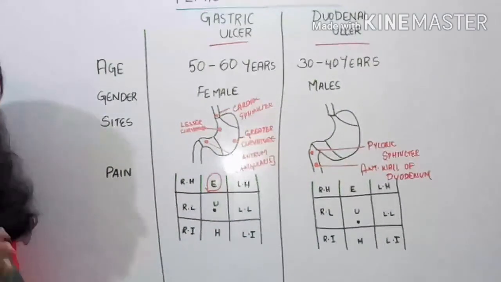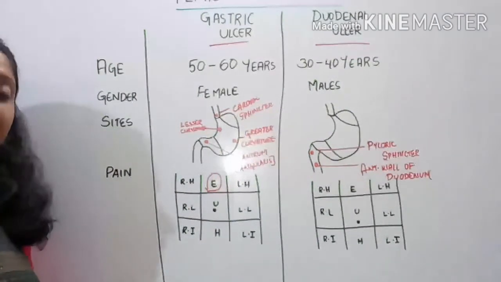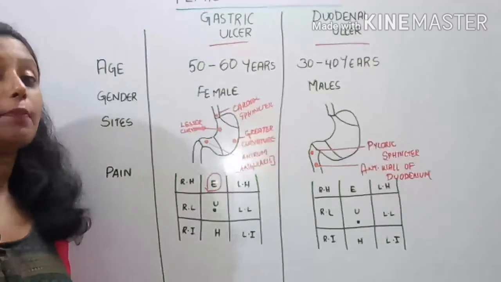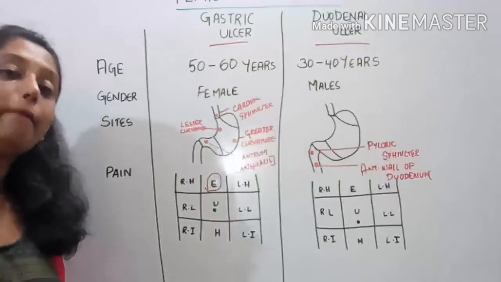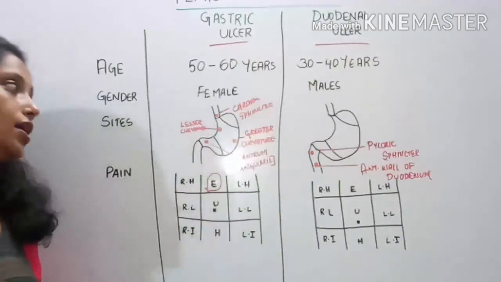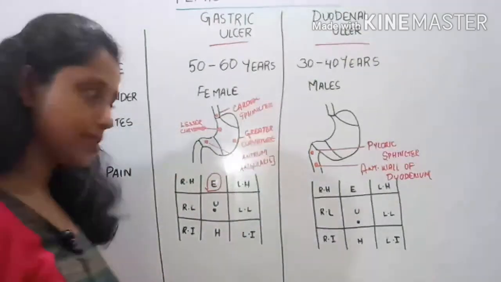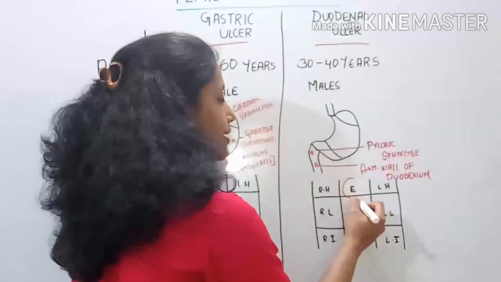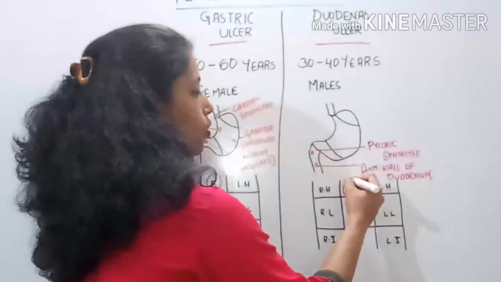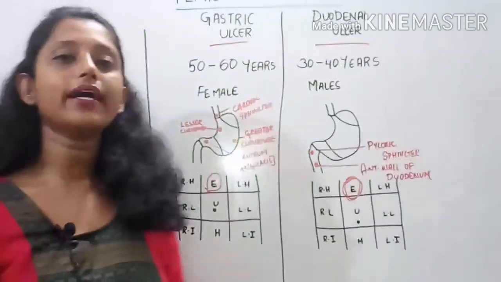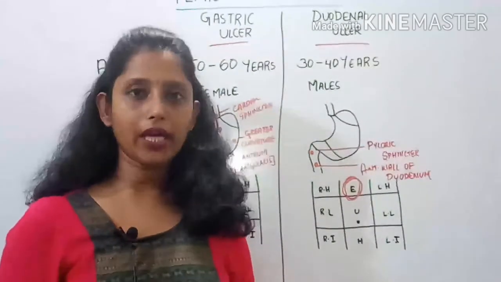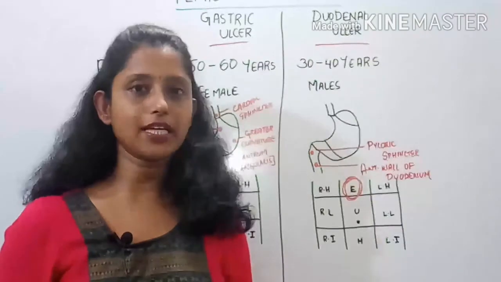Okay, that's specifically in gastric ulcer, and this pain again can radiate to the back portion of the patient. It can go to the back side, it can radiate to the back. Whereas in the duodenal ulcer, the pain is usually felt in the epigastrium and it can always be present in the epigastrium. So I hope you got an idea about the location of pain in gastric as well as